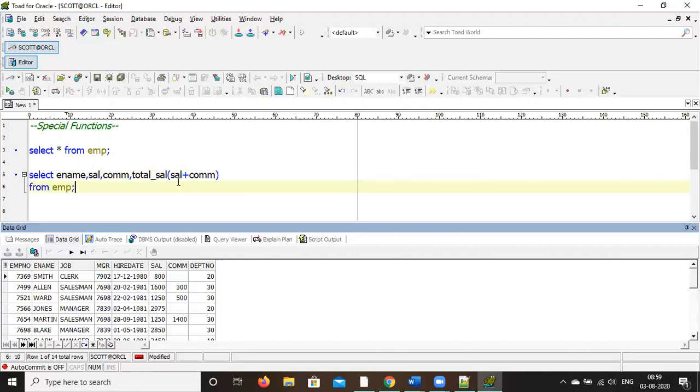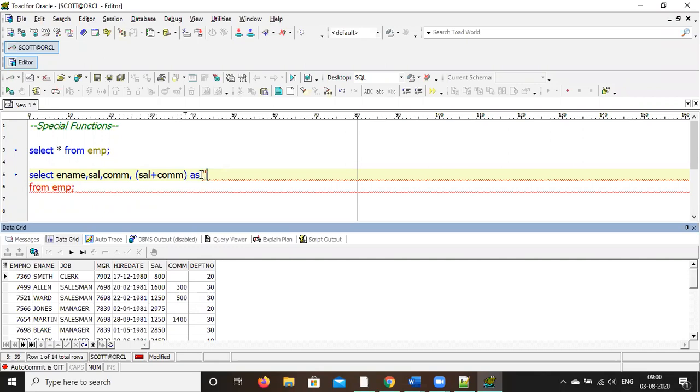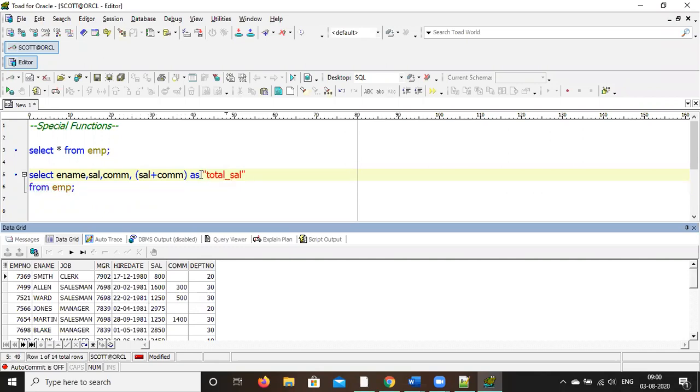Total salary means you have to give as total salary. That one this side. You have to give alias name that side. As total salary. Run it.